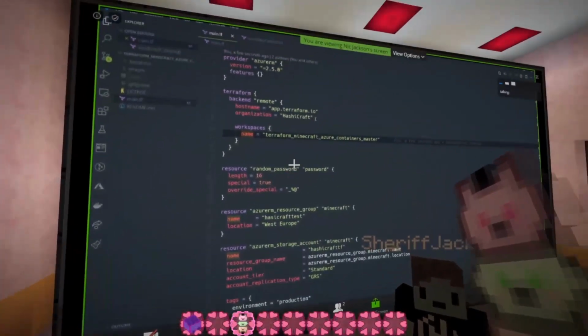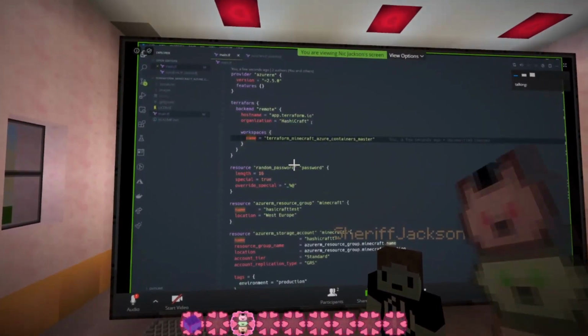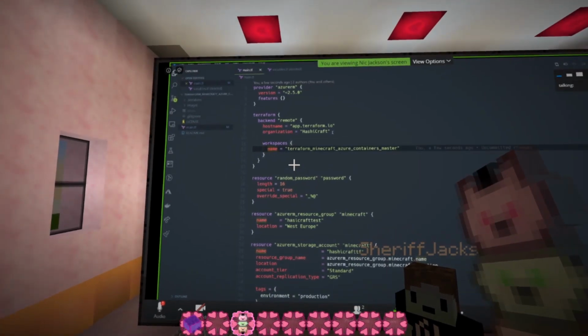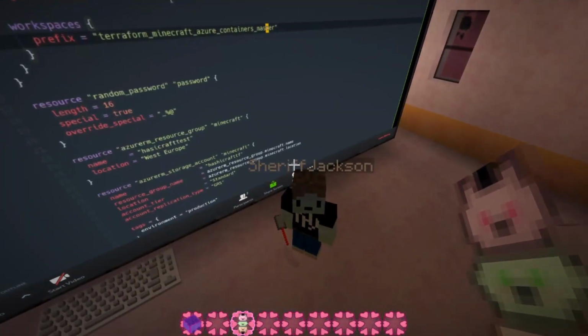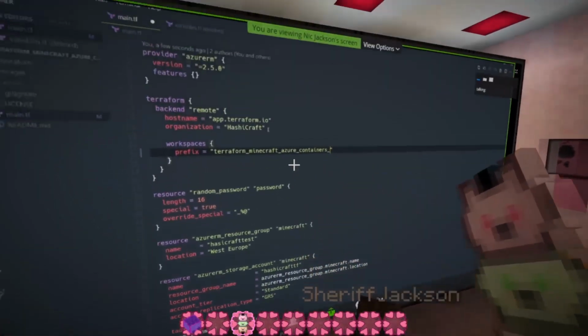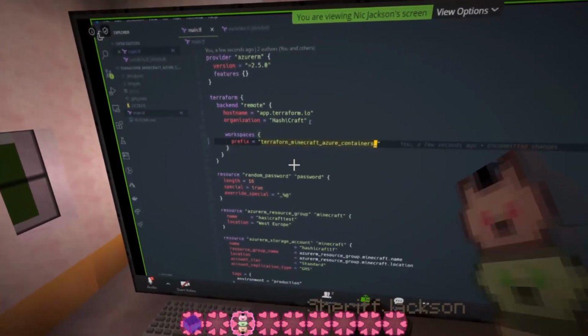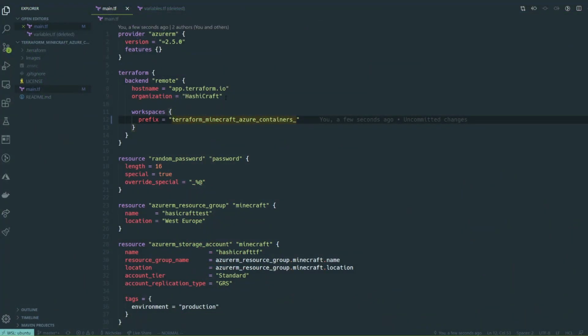But we need this to be more dynamic. So we're going to change this to prefix. That means this will be prefixed to whatever workspace we create. Right. But this is where we need to start to think about things and learn a little bit more tech terminology. Because this Terraform block is actually only used when I'm running things locally.